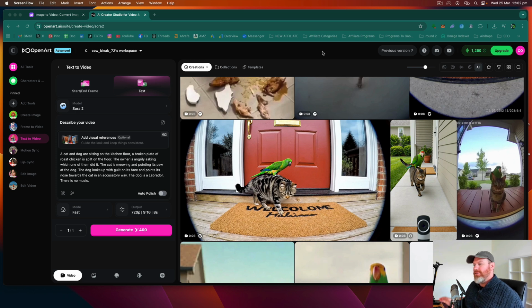Two of the major AI video generation models, the first being Sora 2 by OpenAI and the second being Google's Veo 3. Basically what I've done is I've generated some videos using the exact same prompt with both models. I'll show you the video outcomes and I'll let you know my thoughts on which one is best for creating